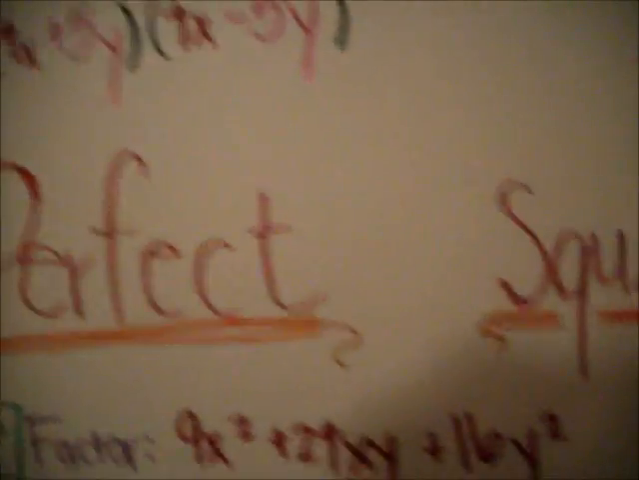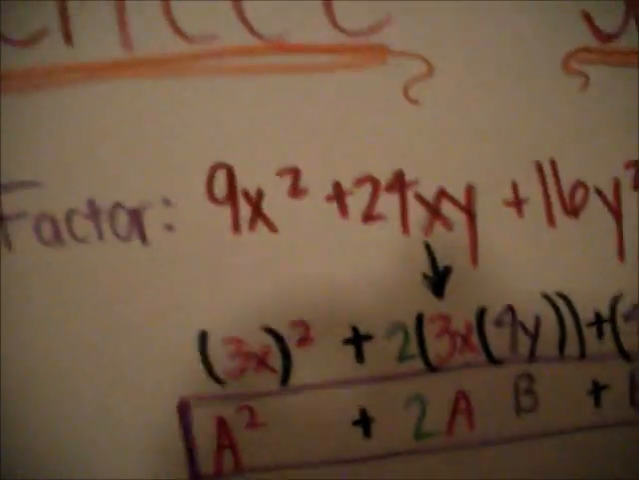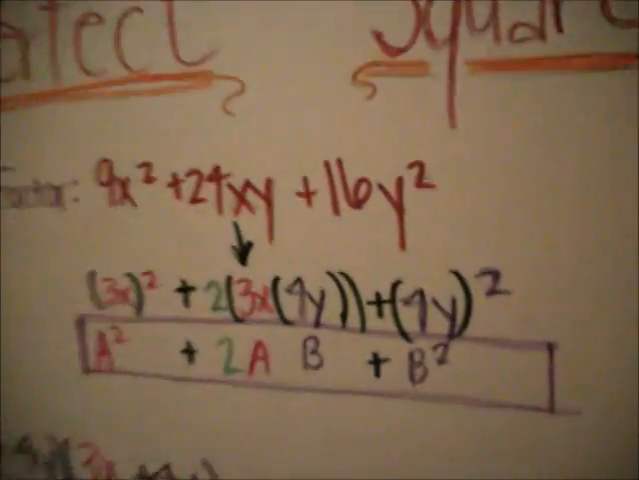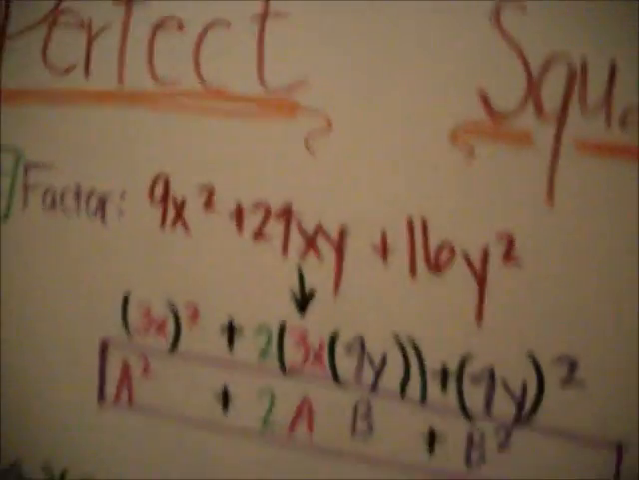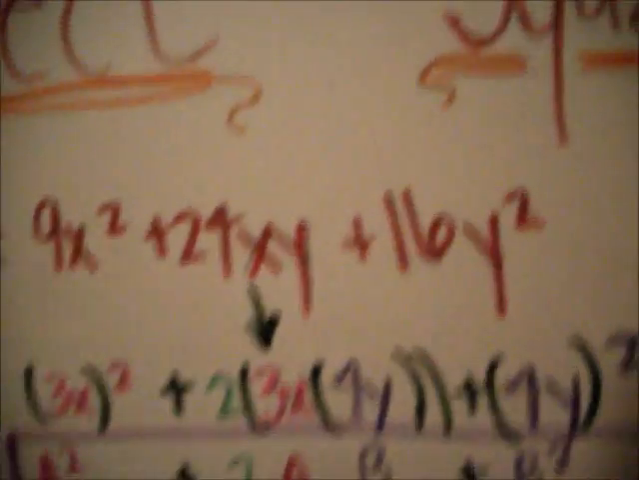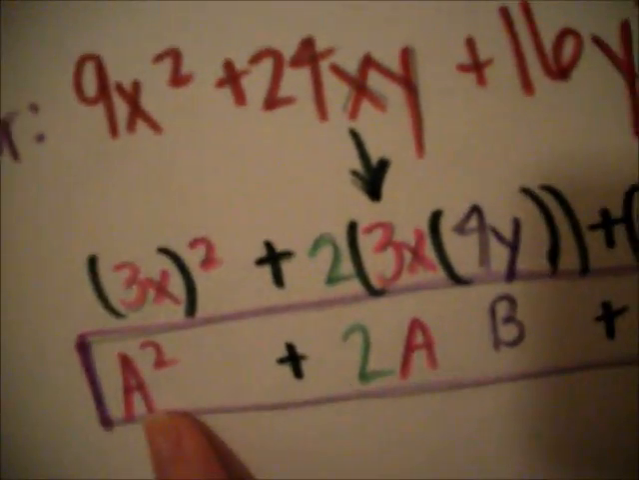I'm going to teach you about perfect square trinomials. Okay, the first example is factor 9x squared plus 24xy plus 16y squared. Now, when dealing with perfect square trinomials, you have to put the original equation and transform it into this